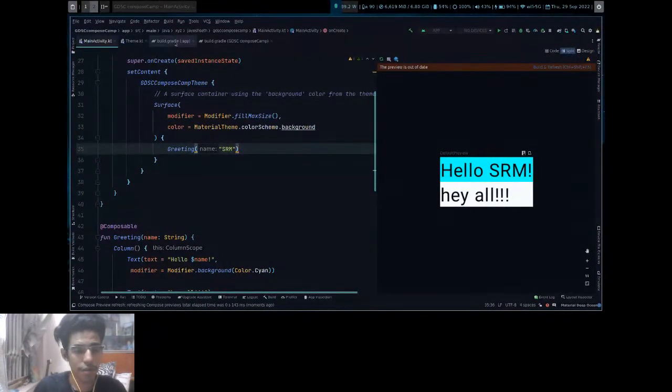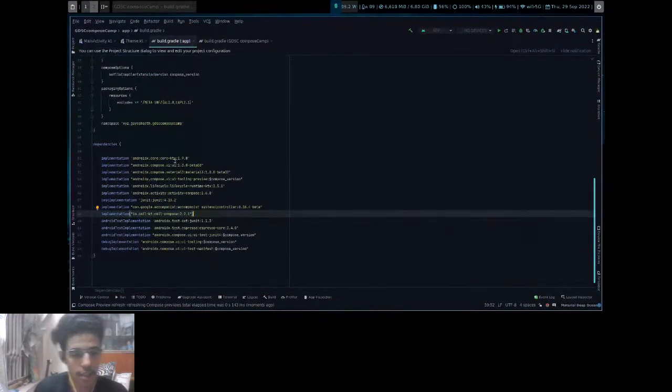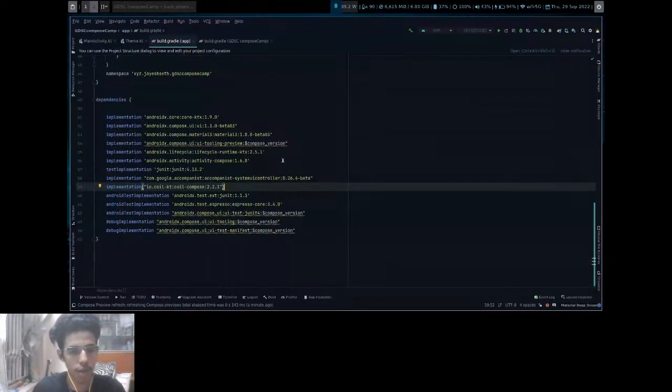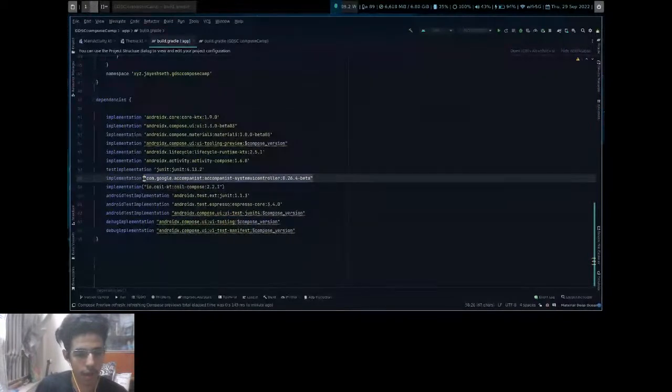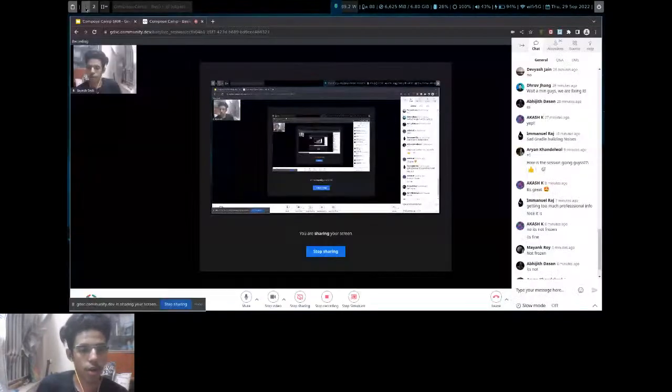So if we now go to the Gradle build, we'll see there are multiple libraries here. Today we are going to display a list, fetching the data straight from the internet. We have Coil here. Coil is basically an image library used to fetch images from the internet and display them here in Android Studio. And there is a system UI controller library also used here. We'll look more at it later.